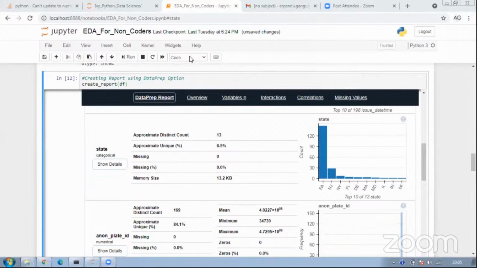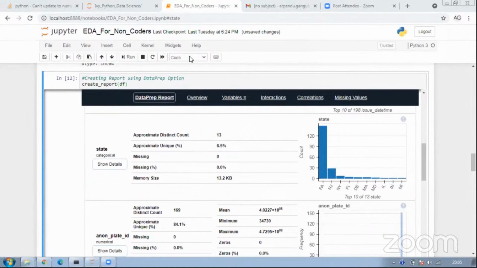So I will ensure that this notebook reaches you guys, right? And you can really play around with it, and obviously use a different data set to get the most out of it, and maybe publish it in your GitHub account or your Kaggle repositories. The most important thing is not doing a lot of coding, but just using these one-line codes and generating a lot of visual statistics, and trying to stitch a story around it.